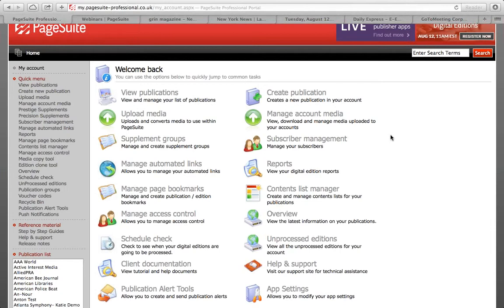We're a web-based software, so you can do this no matter where you are. So you just need to have your PDF, upload it into the FTP, upload and process. From there, we have automatic solutions that take effect. We have automatic HTML5 tiling, which will allow the digital edition to be read on the browser of a mobile device.